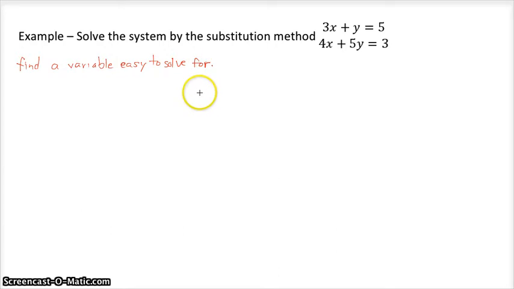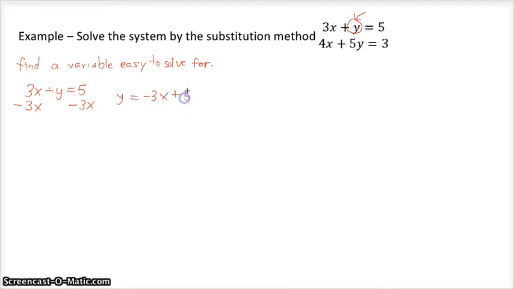I don't know exactly which one it would be, but you can see here that this y doesn't exactly have a number in front of it. So I'm going to pick that one right there to solve for. Now you might say, well, why am I doing this? Well, I'll show you why. So I'm going to solve for this. I'm going to subtract it, and it's going to seem a lot like what we just did for graphing. So y is equal to